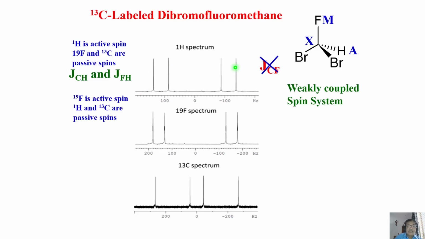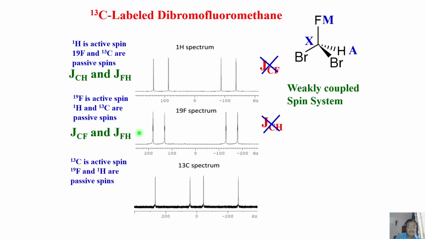Similarly, in the fluorine NMR, fluorine is active, and these two are the passive spins, and we get JCF and JFH, and we don't get the other in this spectrum. Similarly, in carbon 13 NMR, carbon 13 is active and F and H are passive spins. So you get these things from this analysis, but you don't get this. This is what we said. But one important point I kept there, I did not explain. I was waiting for this time. If I carefully expand one of the peaks of this fluorine, look at all this spectrum, each peak is a very well resolved sharp peak. This is a sharp peak, carbon.